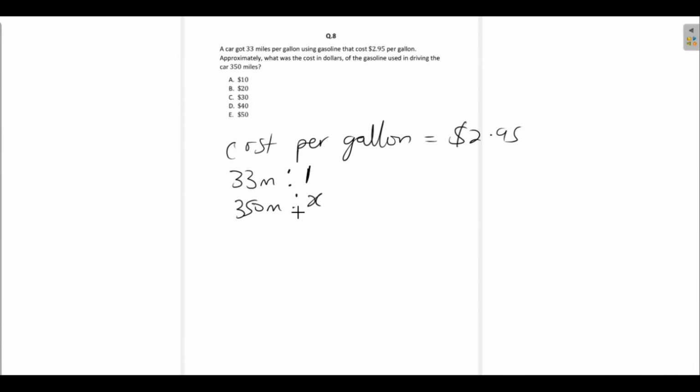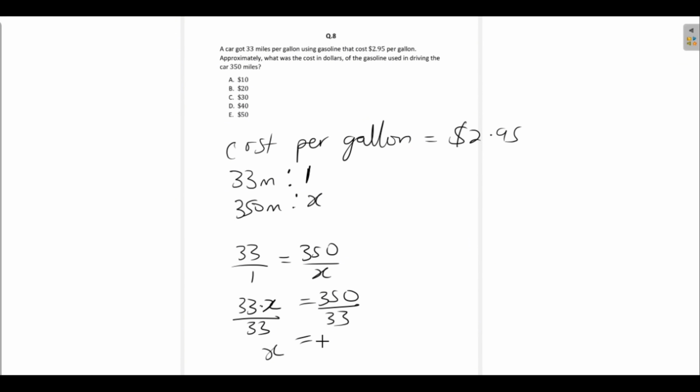Gallons. We don't know, so let's represent that by X. Then by simple ratio, we know that 33 over 1 is equal to 350 over X. We cross multiply so that we get 33 multiplying X. Then we have 350 multiplying 1, which is still 350. Now we want to find X, so we divide here by 33. We divide here by 33. And X is giving us